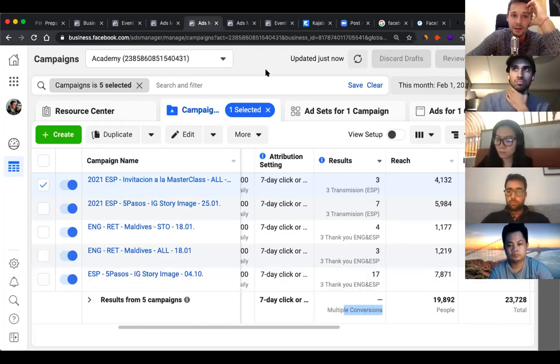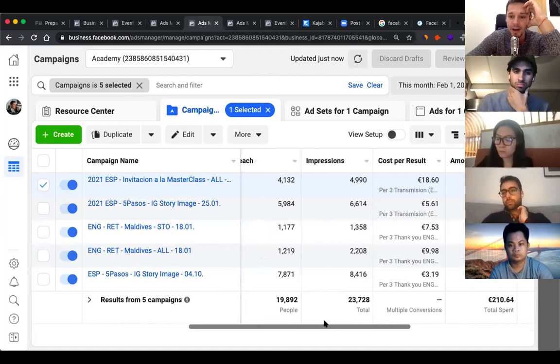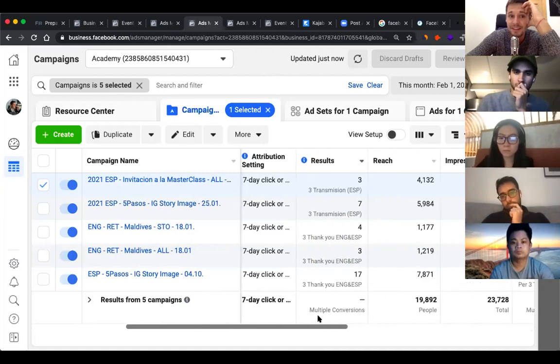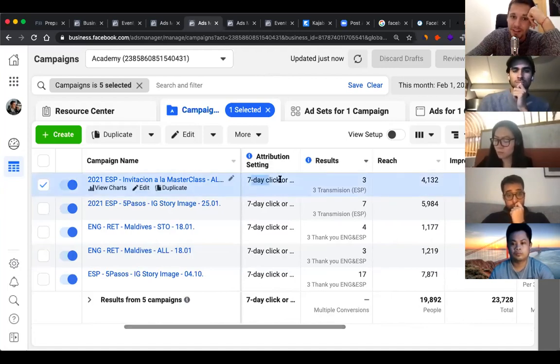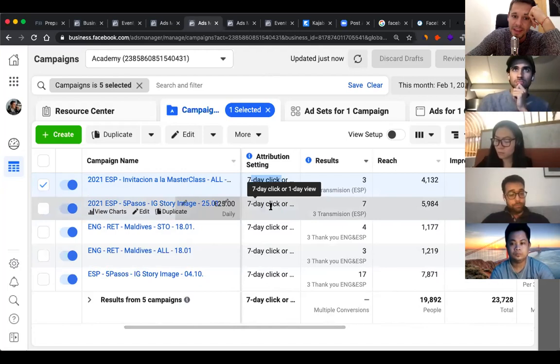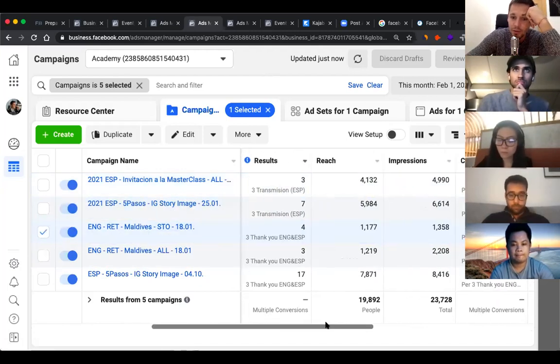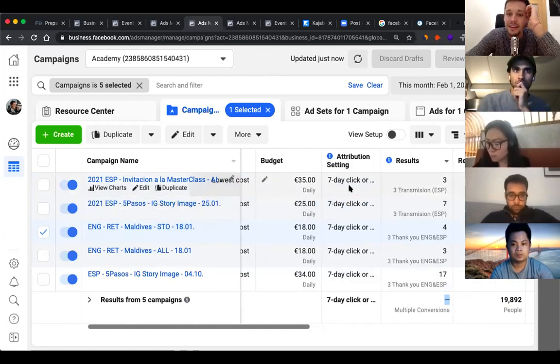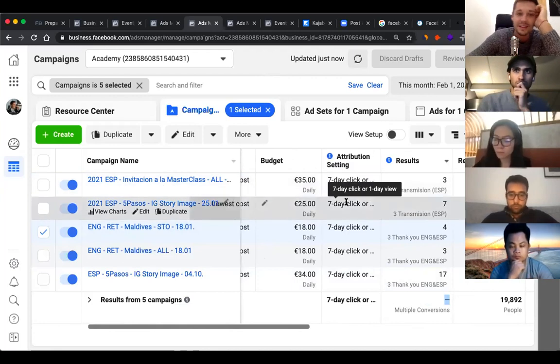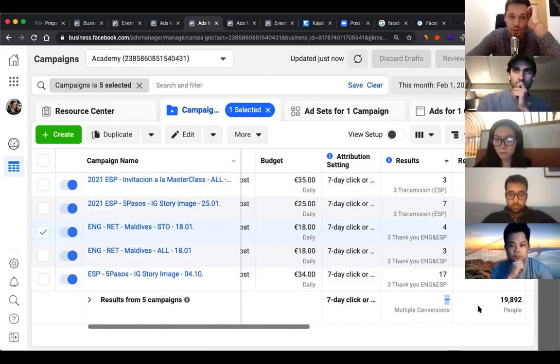And the reason, my dear Joel and Martin, why you did not see a ROAS or the full amount spent, the total here, is because Facebook doesn't really know which attribution window you want to be reported on, right? Because if one is 28 days, the other one is 1 day, the other one is 7 days. So it's mixed values, so it doesn't give you a total. Everything needs to be the same. So if one of them would be 7 days click and 1 day view, and the other one would be 7 days click and 0 day view, it would also not show anything.